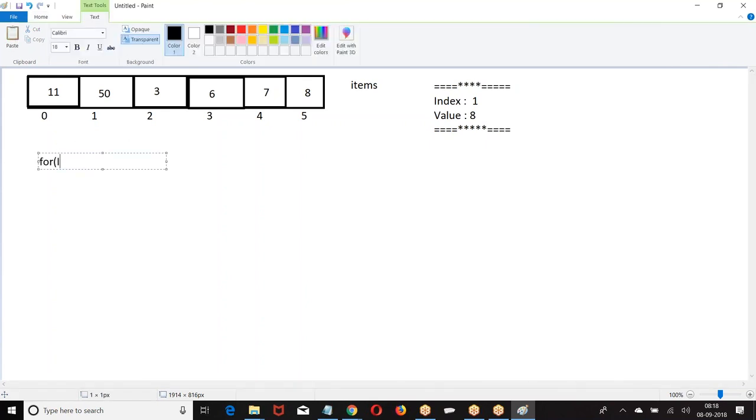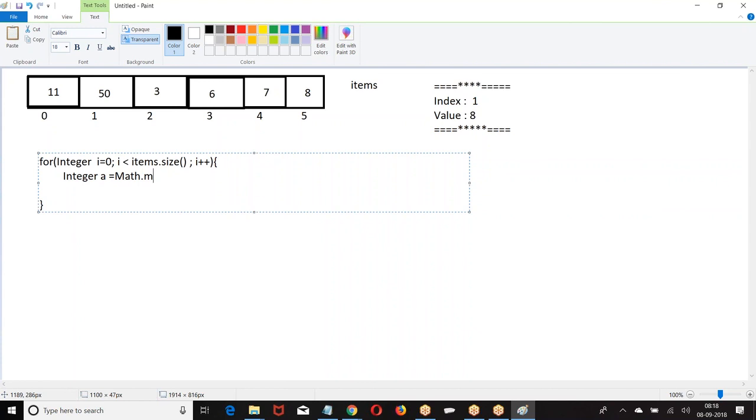For integer I equal to 0, I less than items dot size. Then what I'm doing? A equal to math dot mod